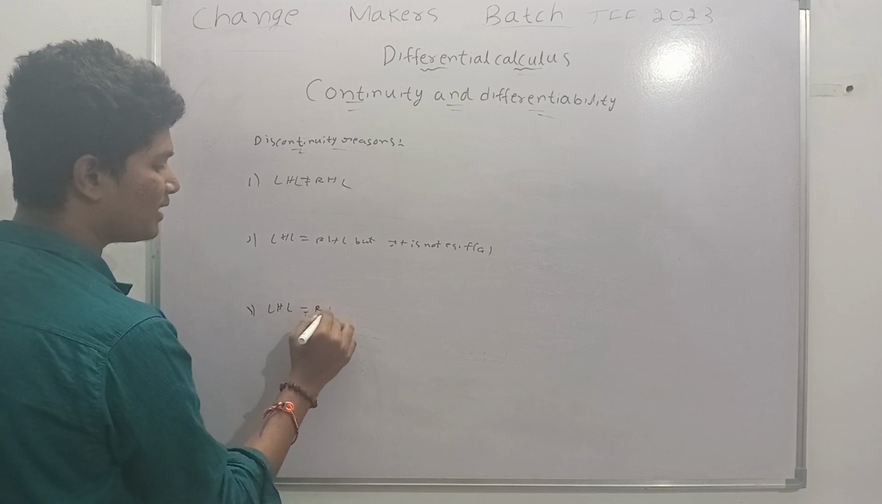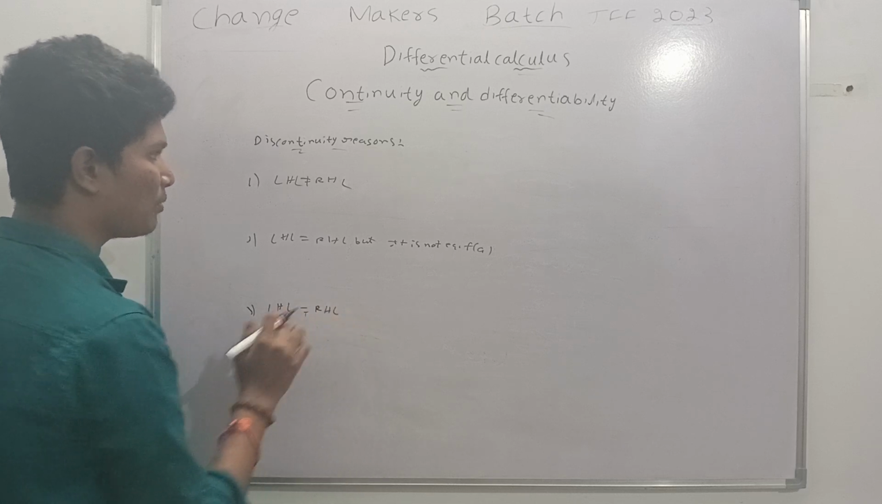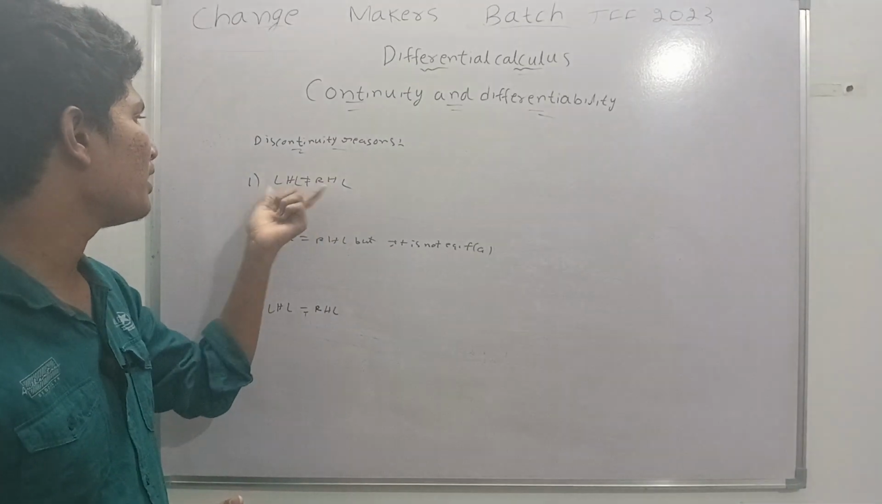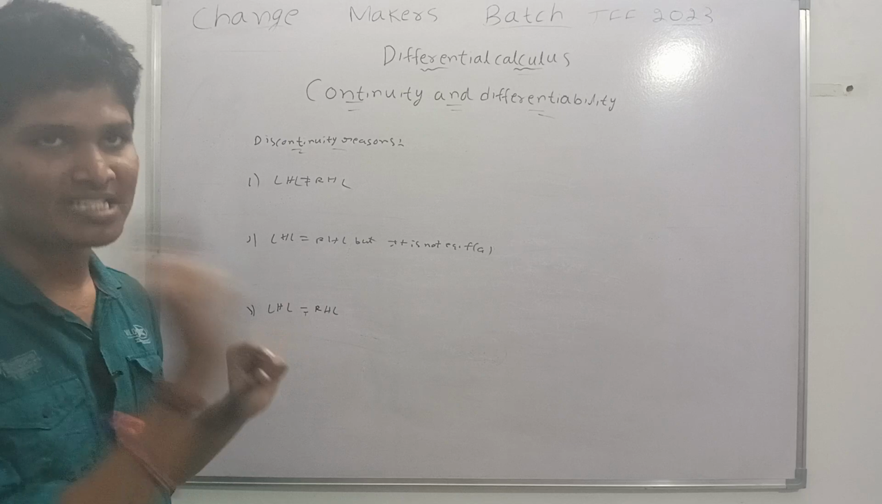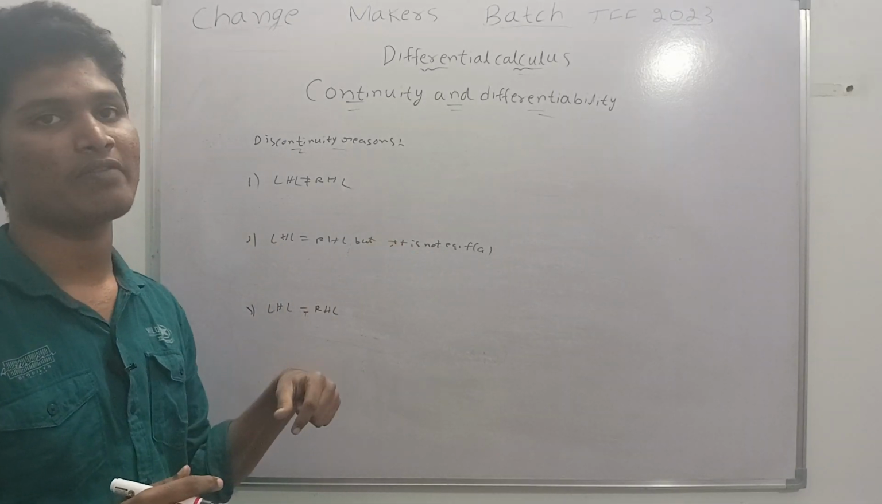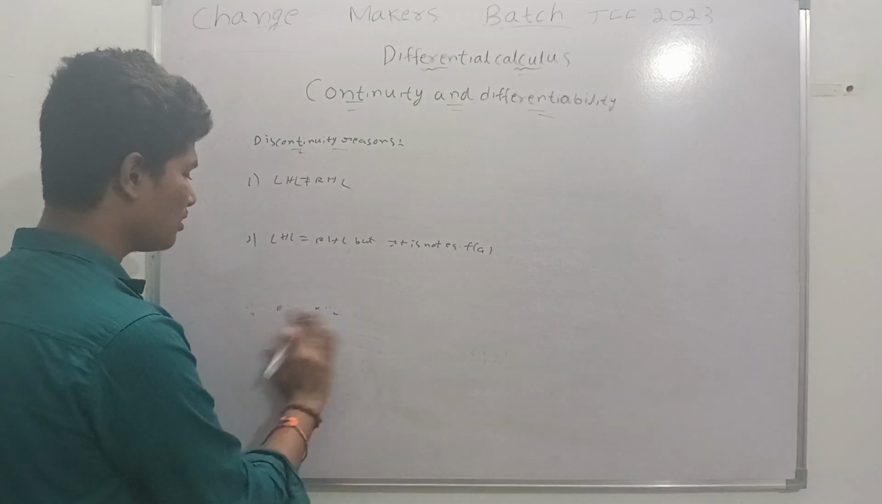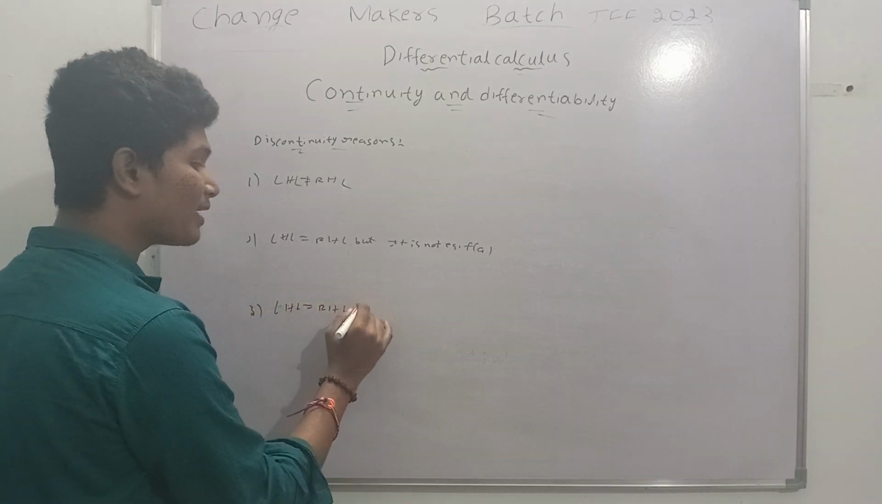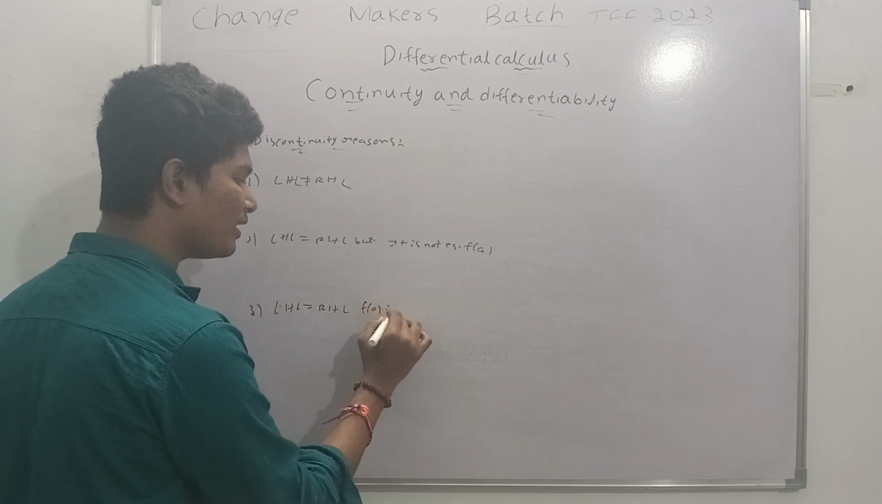LHL equal to RHL. Suppose there are 3 cases here. You have to think very carefully. That is, LHL not equal to RHL is the first thing. Second thing, if LHL is equal to RHL but it is not equal to the function value. And the third case is LHL equal to RHL but the function f of a is not defined